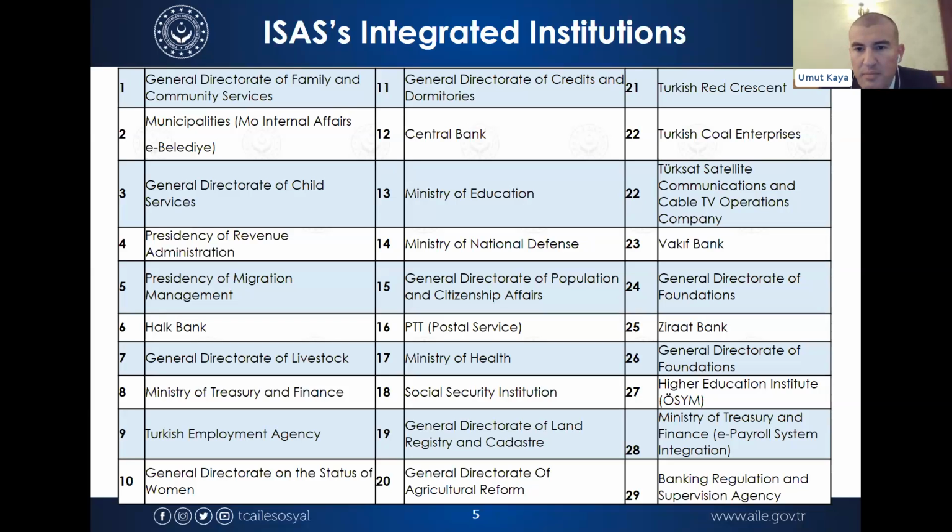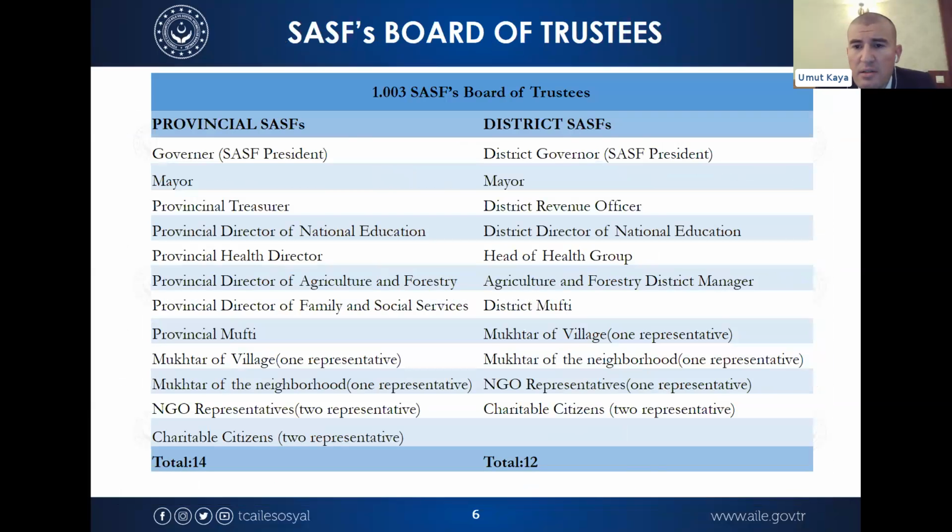In the lists, every institution has a part of our social assistance programs. And the other thing is the human factor. I said social assistance and solidarity foundations, the human factor. The board of trustees of the social assistance and solidarity foundations are these. The board of trustees ultimately decide who are the beneficiaries of the programs or not, but of course always checking